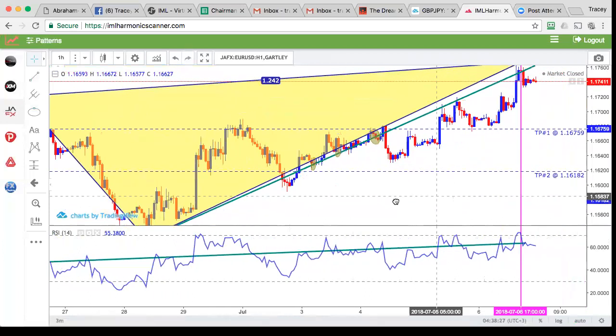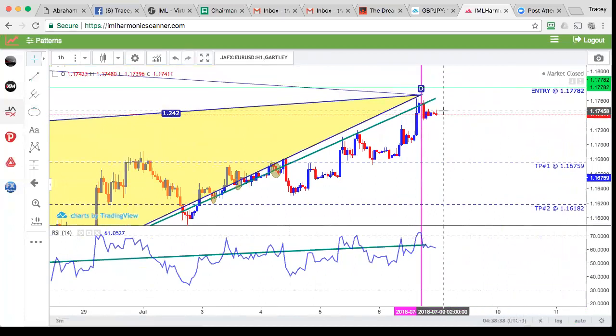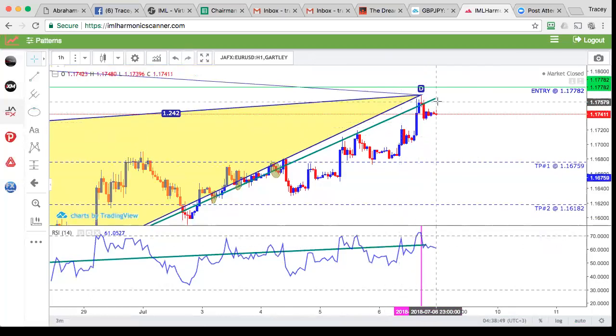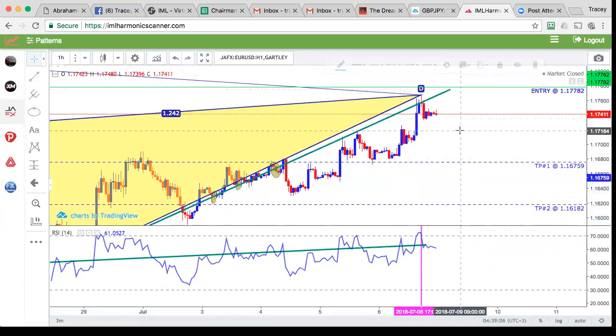Okay. Next, step number 4. Here's where it starts getting fun. Step number 4 is we're going to now wait. Let me move this line right here because we don't need it. Okay, we got it in the RSI. Now we're going to wait until a candle closes below this trend line. Okay, we're going to wait until a candle closes below